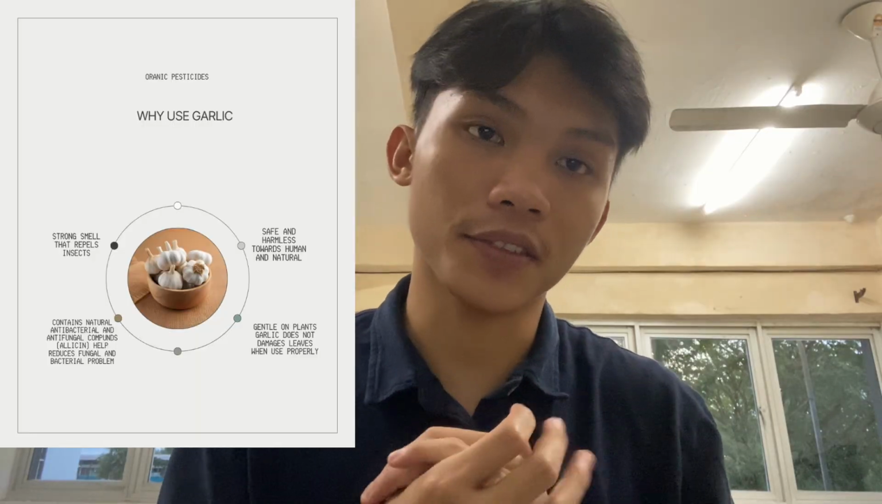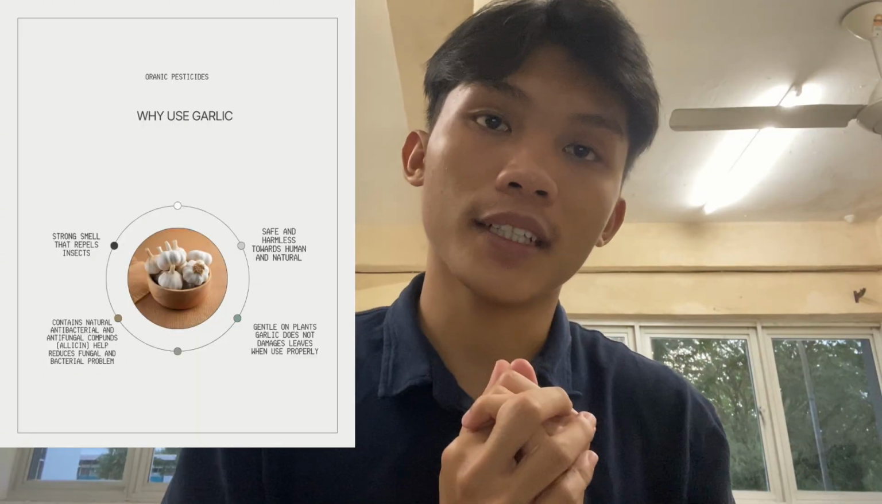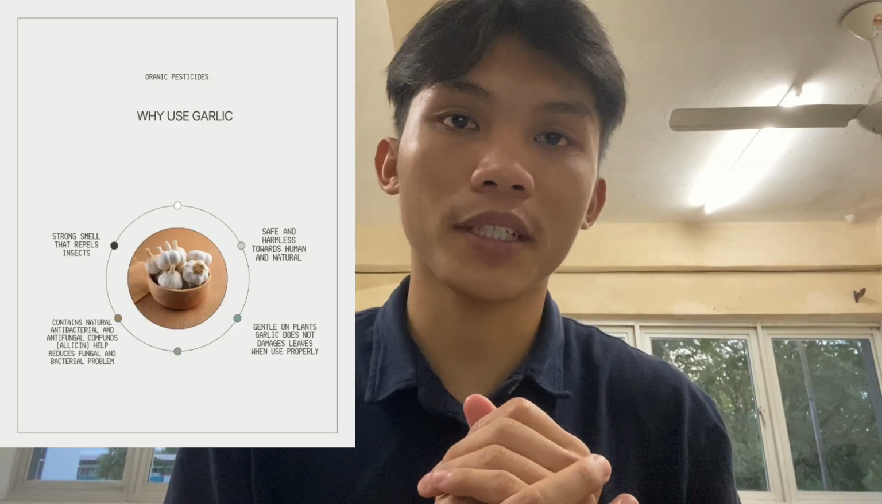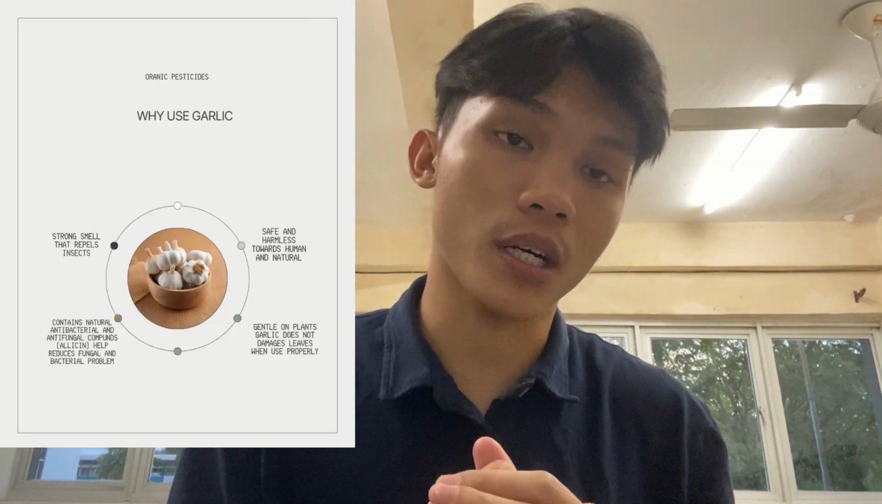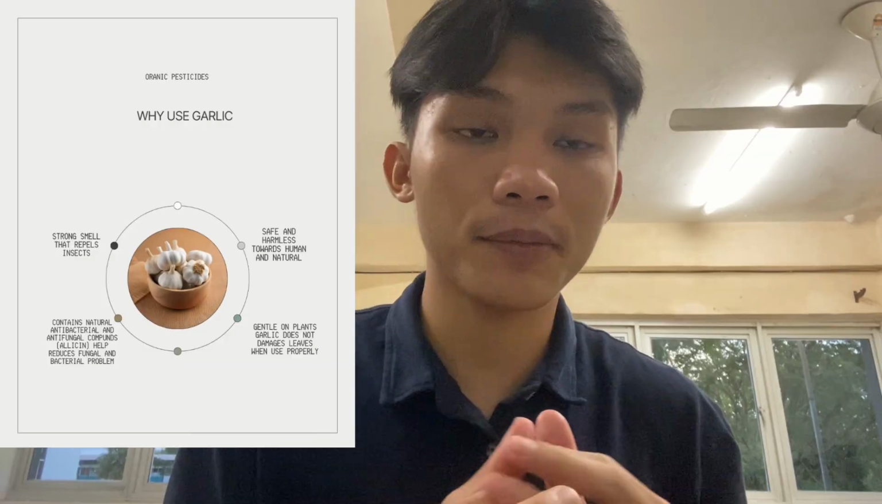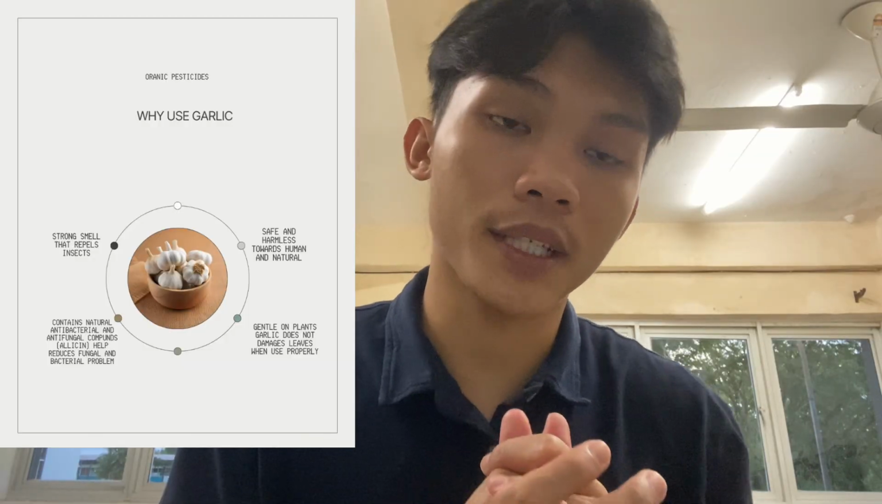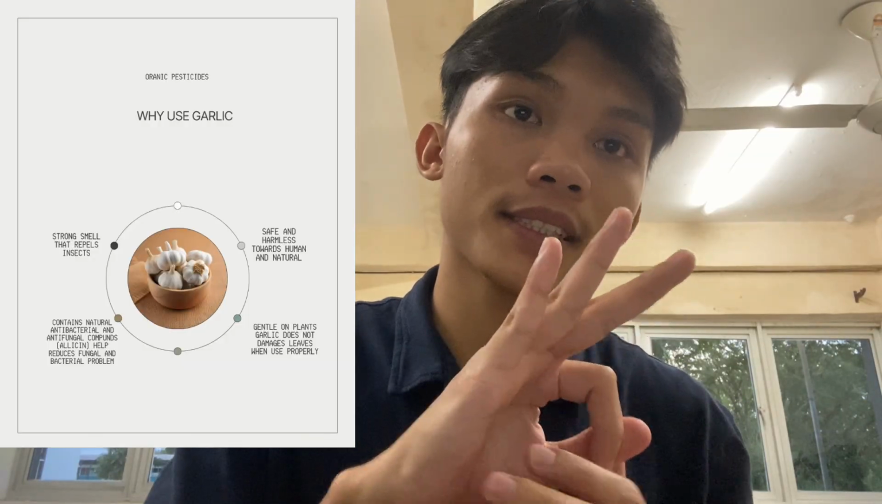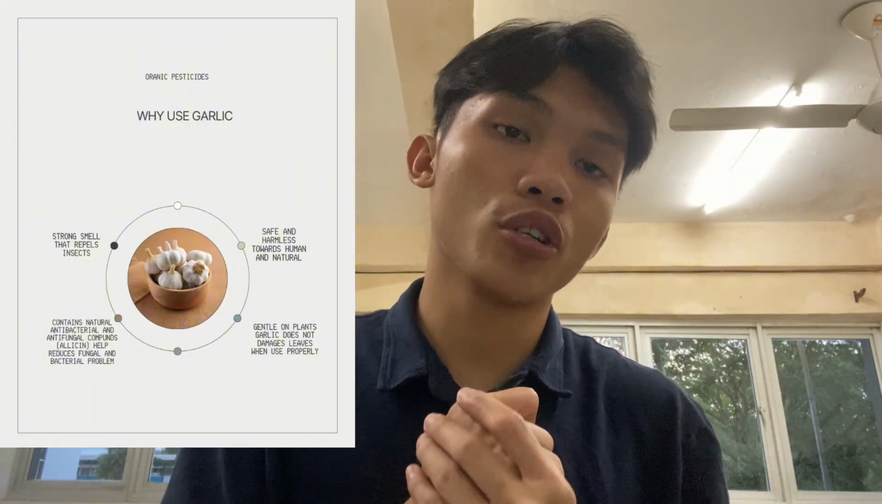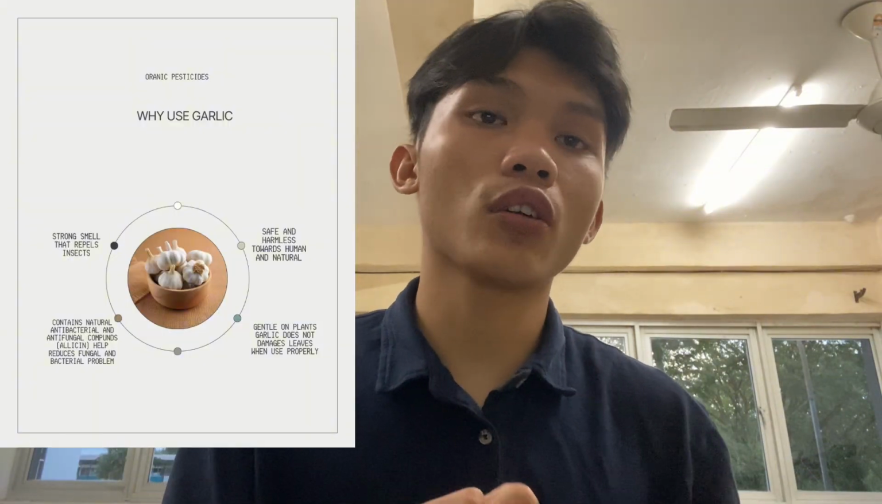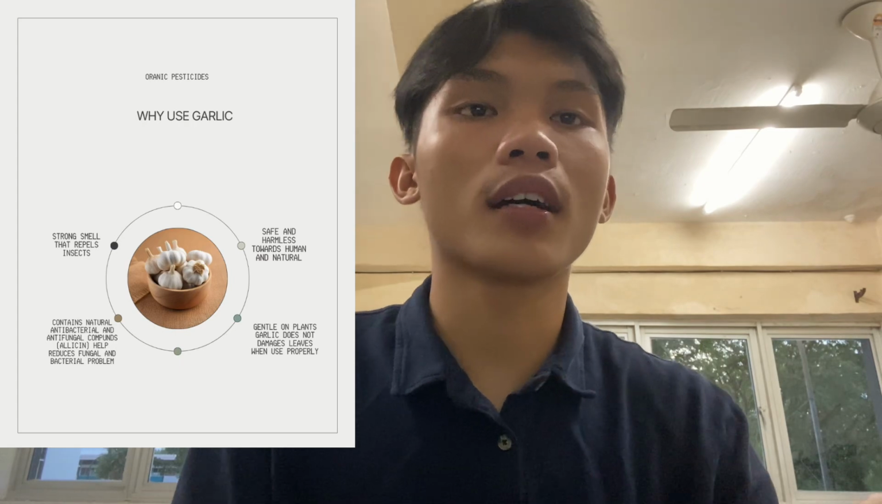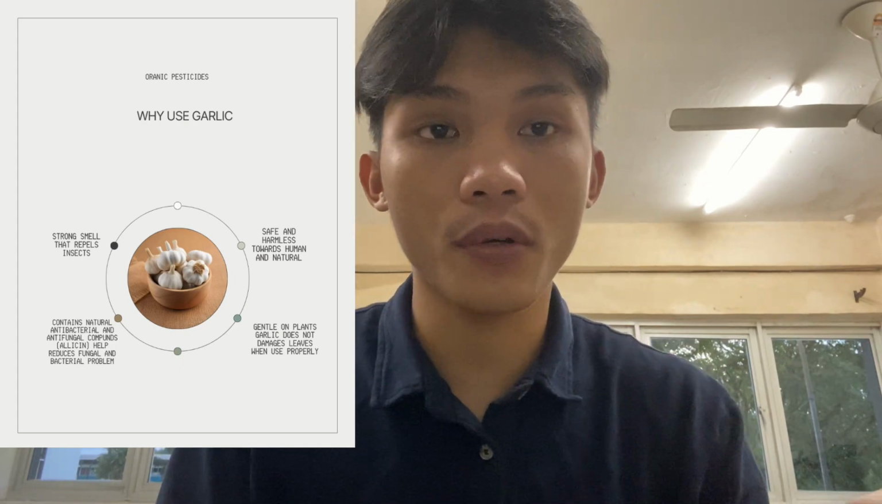The first ingredient in our product is garlic. Why do we use garlic? Because garlic has a strong smell that repels insects. Second, garlic contains natural antibacterial and antifungal compounds such as allicin, which help reduce fungal and bacterial problems. Third, it is safe and harmless towards humans and natural, gentle on plants, and garlic does not damage leaves